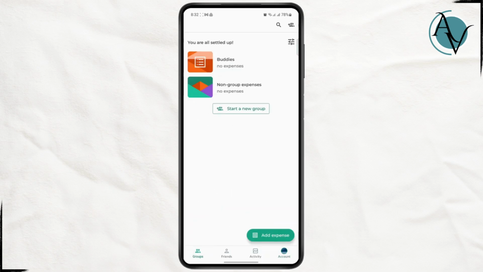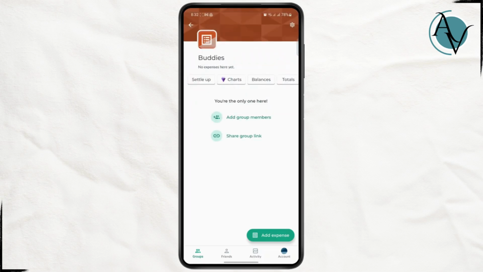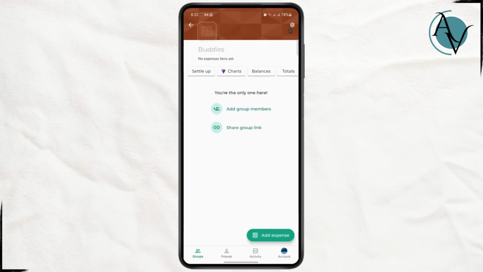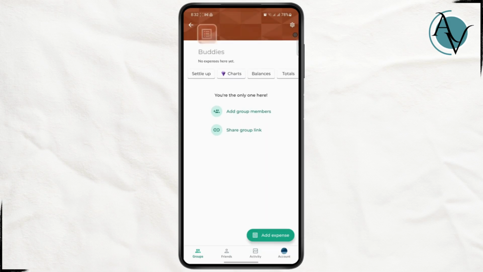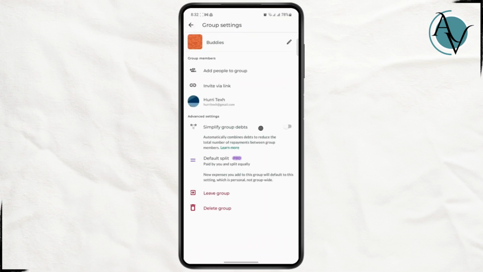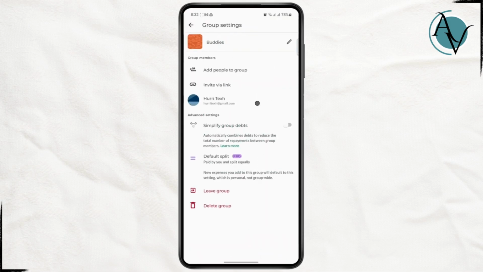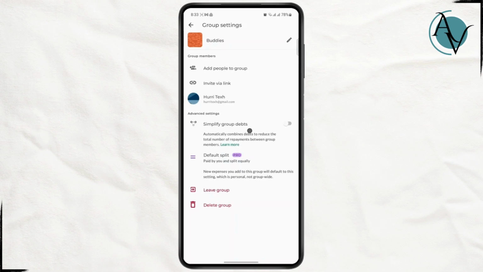So under groups, you will have to find the group that you want to delete, but you have to make sure that you are the admin of the group. So once you tap on the group right here, you'll see all of the group details. You have an option to add member, share the group link, and at the top right, you will see the gear icon. Tap on it, and it will take you to the group settings